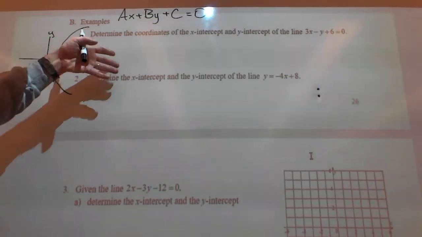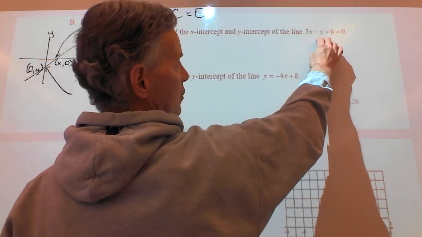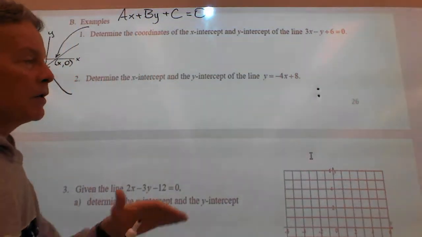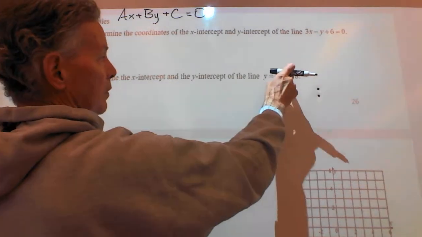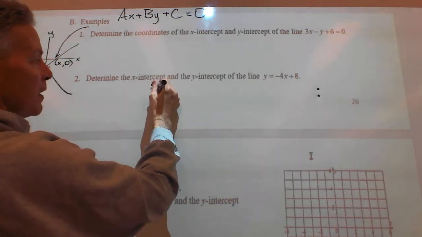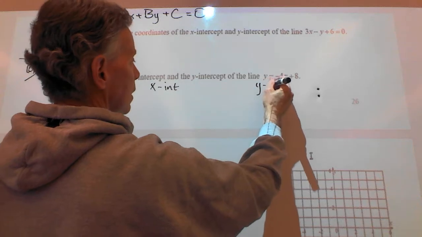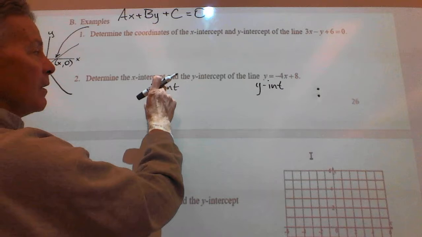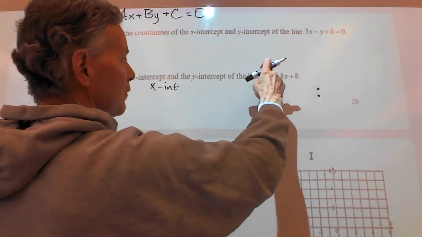Now, in order to figure out the coordinates of the x and y intercept, it doesn't matter if your equation is in general form, as this one is, or in slope-intercept form, as this one is. Okay? Now, we'll do this one. Okay? So let's find the x and y intercepts. So for the x-intercept over here, for the y-intercept right here. Now remember, if you're looking for the x-intercept, you want to substitute a value of 0 for